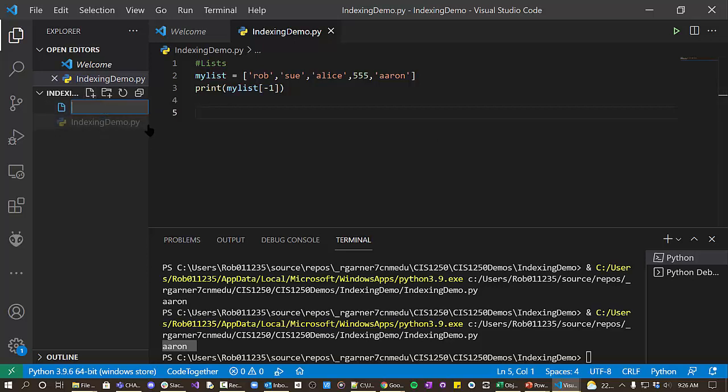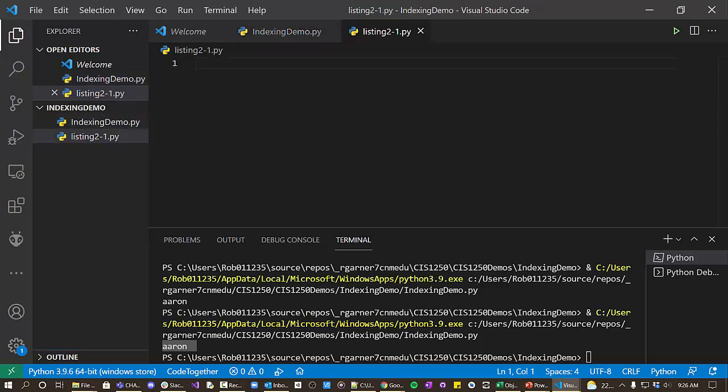So I'm going to make a new program here, and it's really program 2-1 in the book. Okay, make a program, we'll call it listing 2-1.py. And I'm going to build this program up from scratch just so that you can see what the thought process is of building this program. So what we want to do is